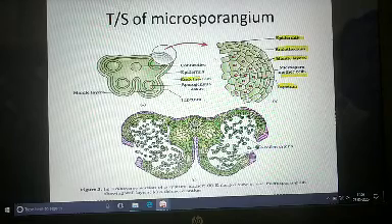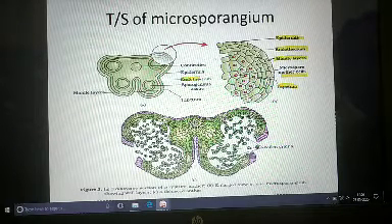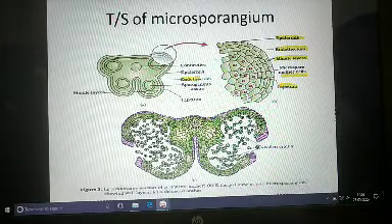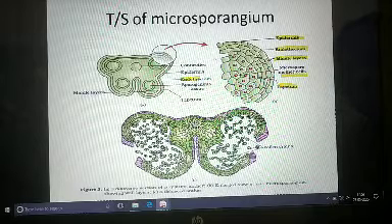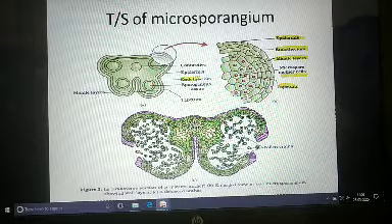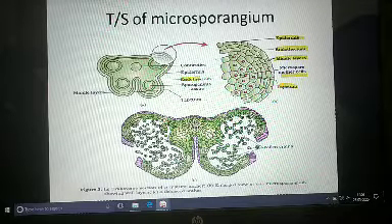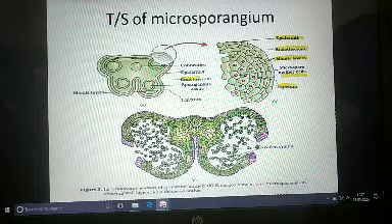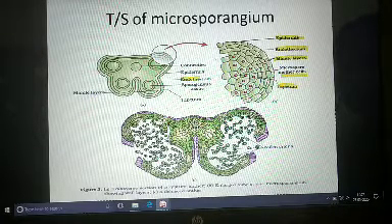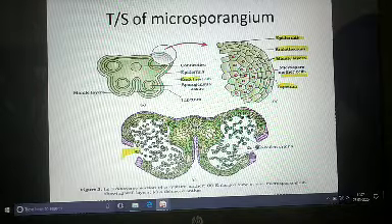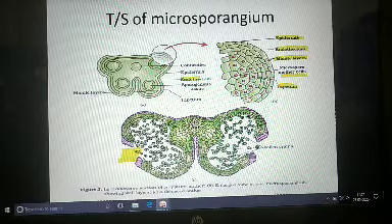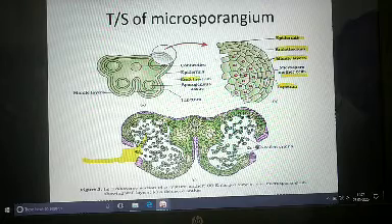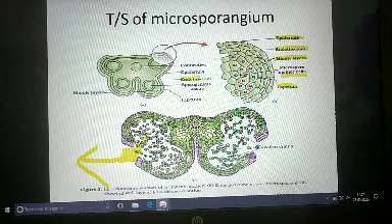So the young anther has to develop so that it can produce the pollen grains. The pollen grains are completely developed now and it is ready for dehiscence. So now this is a mature anther. Now you can see there is an opening in the wall layers. This opening is called the stomium. See, this is the opening or the way. Through the stomium all the pollen grains can disperse outside.